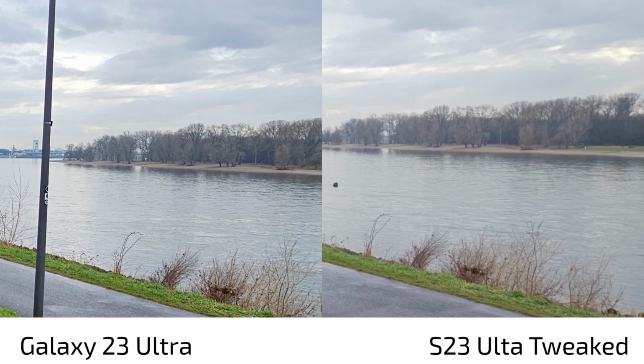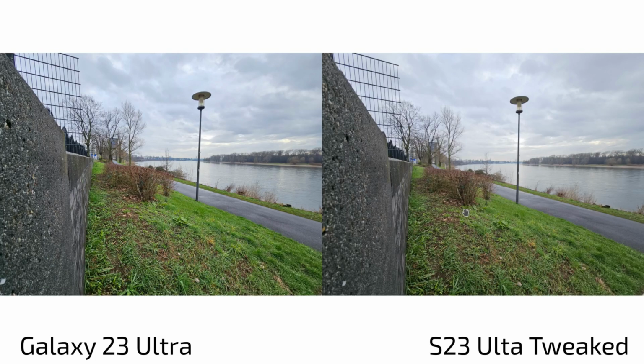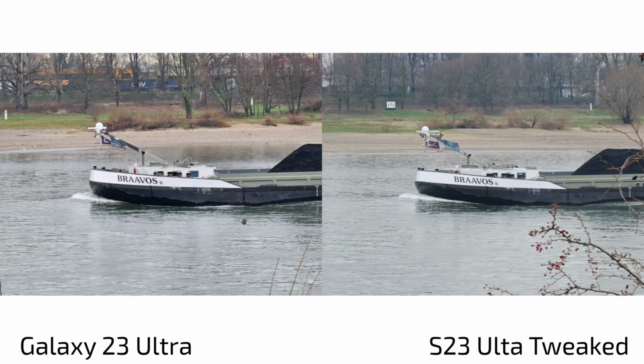And you can see it even in the background here, which one looks more natural for you. Yeah, you can decide, because I think it's a matter of taste as well, but I like the tweaked version a lot better, I have to say. And then we have the zoom lens. The zoom lens also profits from added sharpness in certain situations,